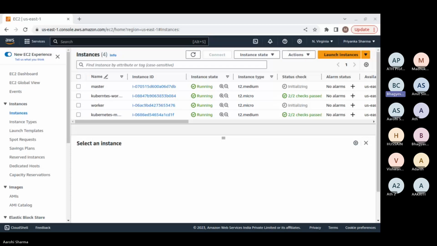We extract the code and store some files, CSV files, and then we move them to the next step.